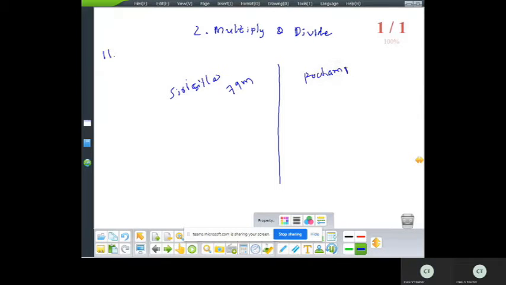Here we have two different cloths, that is Sicilla and Pochampalli. Pochampalli is 56 meters. Here, the cost of 1 meter of Sicilla cloth